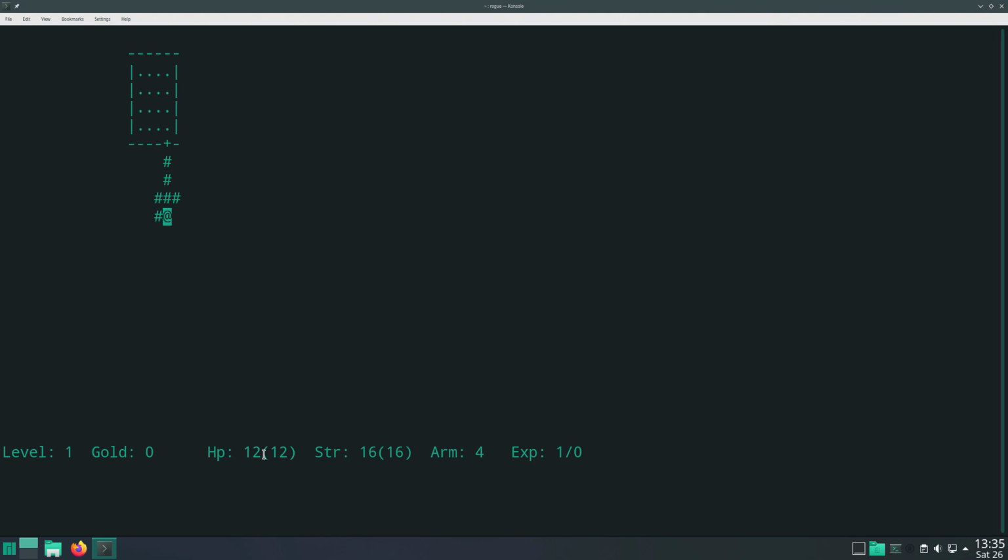Hit points is how many points of damage you can take till you die. It's current and max. Strength affects combat damage and to hit in the original game anyway. This is strength out of the maximum strength that you can currently have. There isn't actually an error in the original game.